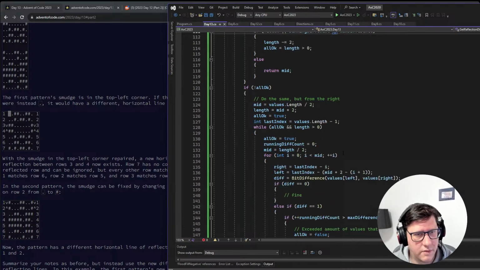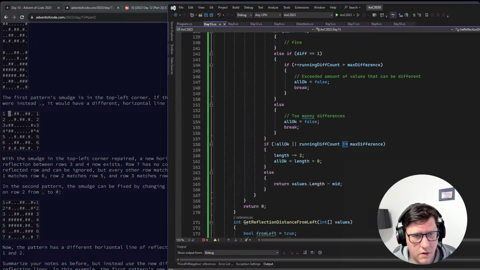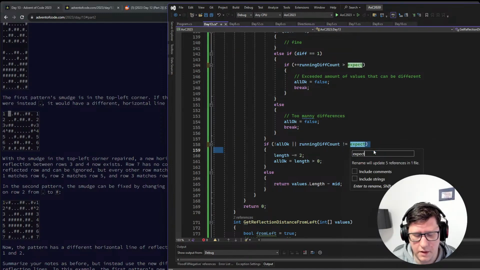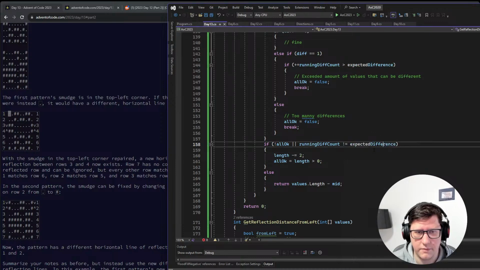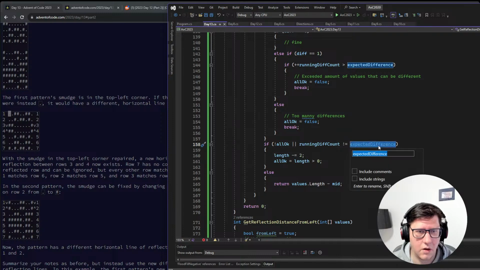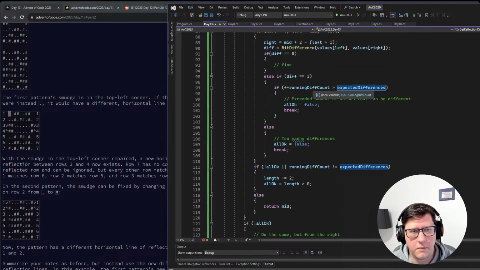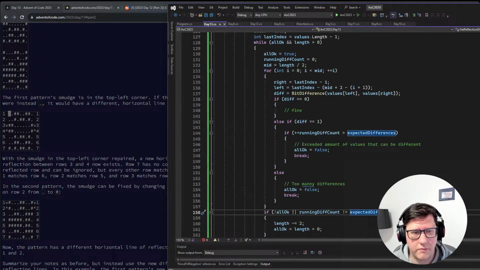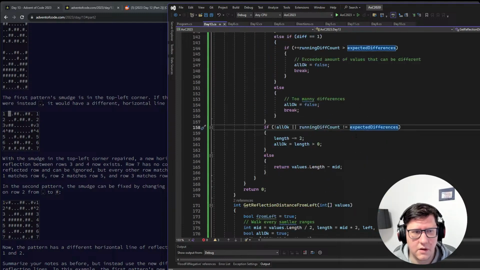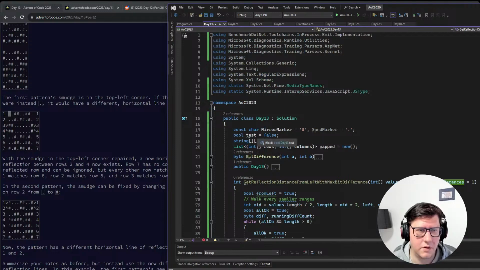Not equal to max difference. Oh, we should call this expected difference. And this. If it exceeds, boom. Otherwise, it's fine. We reset it. Okay, let's run this for the test input